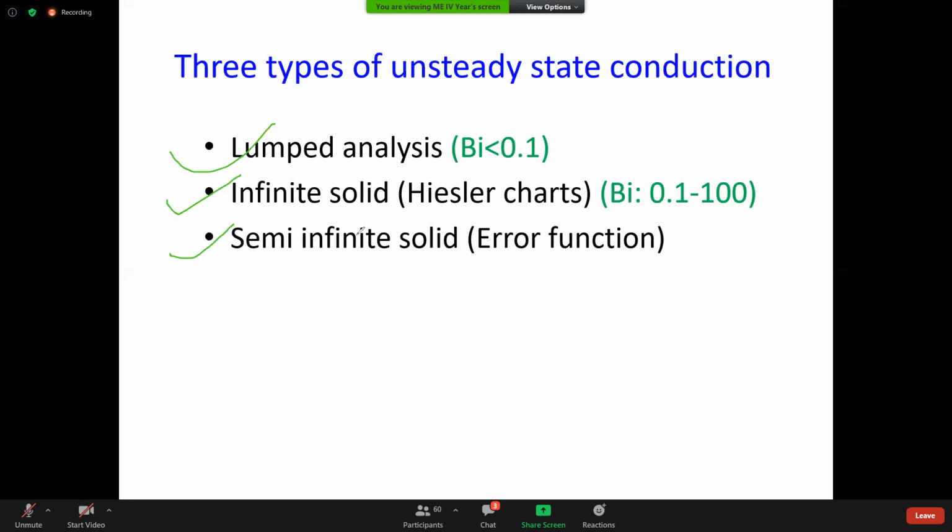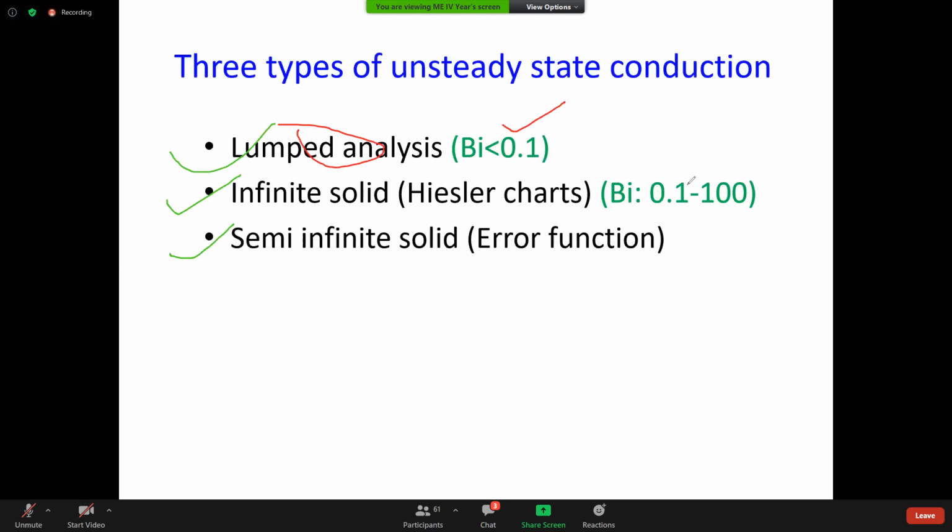How do we check whether the given problem is a lumped analysis problem or not? Based on the Biot number. This is the Biot number. The Biot number itself is non-dimensional, keep that in mind. If the Biot number is less than or equal to, sometimes, or less than 0.1, that is lumped analysis. You have to calculate the Biot number. What is the Biot number? That needs to be discussed, don't worry.